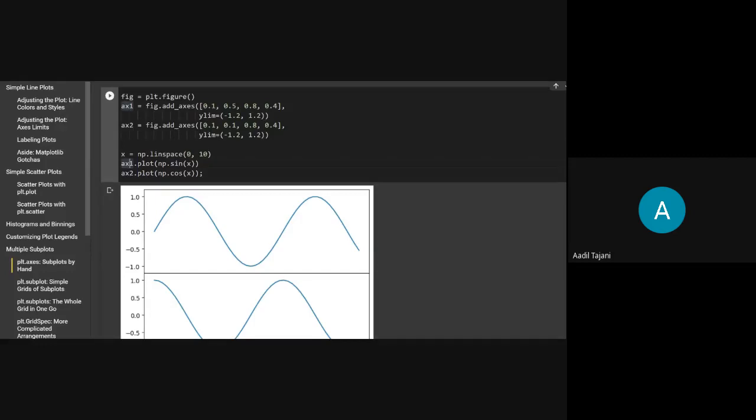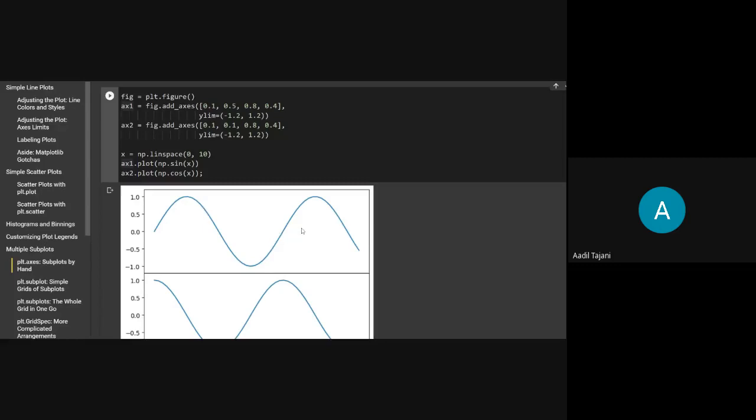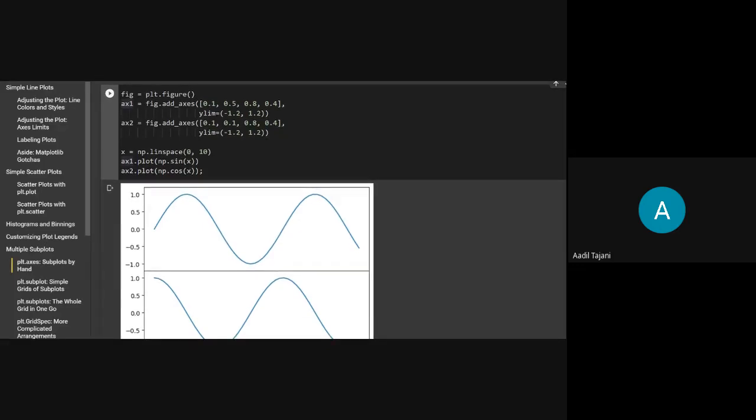As you can see, I just used a simple plot function to plot in those. Now, as discussed earlier, we have used the ax variable to store the axis, and this is where we use that variable. Previously, we used plt.plot to plot everything on that canvas.